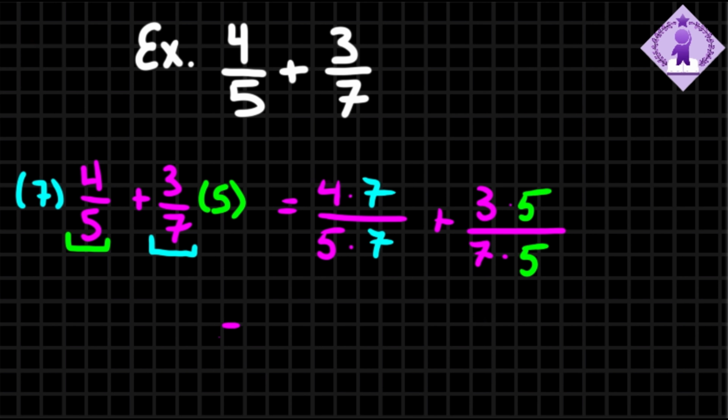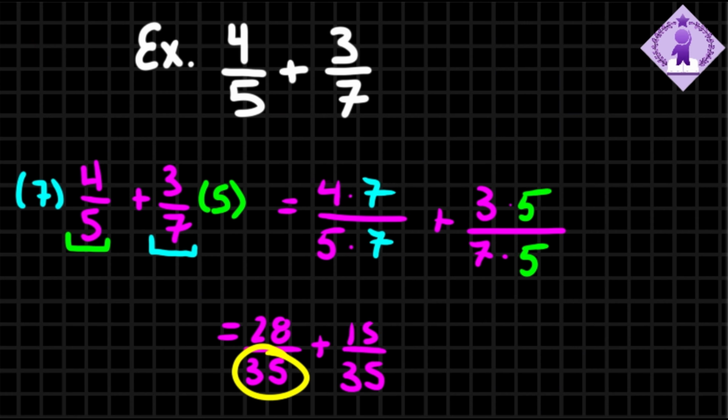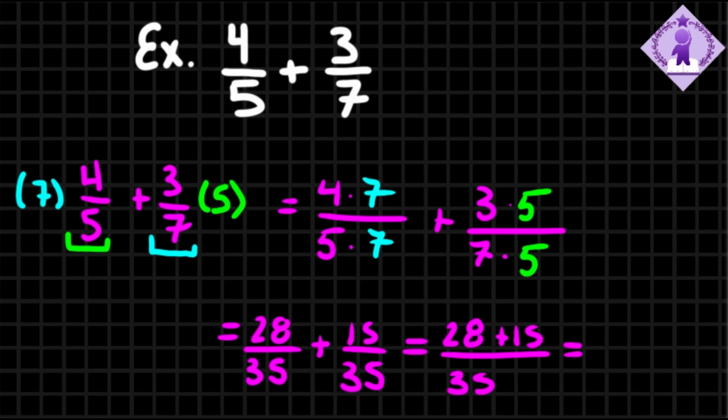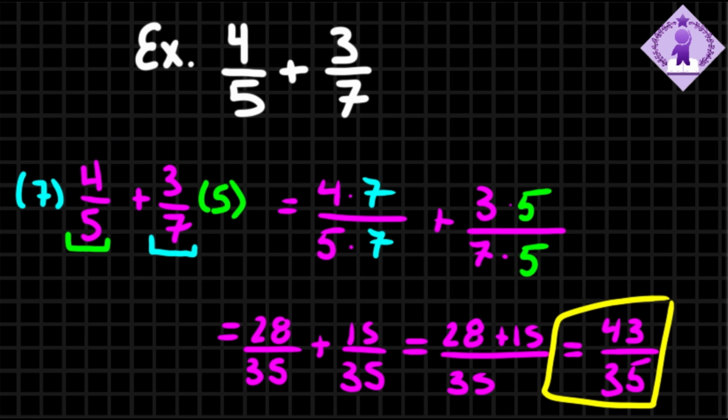Now that we've done this, we get the fractions 28 over 35 and 15 over 35. We can now see that we have a common denominator as both denominator values are 35. Now that we have both denominators the same, we can simply add the numerators of each fraction together. So we have 28 plus 15 divided by 35, which is equal to 43 divided by 35 as our final